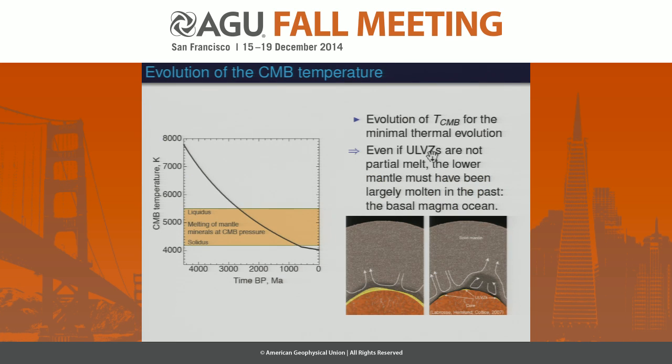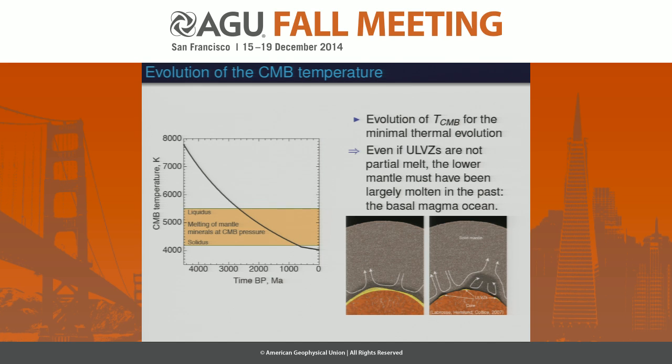And from that, it's possible to compute the evolution of the CMB temperature, and this is the result I get from that. Starting from the present time value of about 4,000, we get a very large amount of cooling. And when you compare that to the range of melting temperature of mantle minerals at the CMB, you see that even though we may not have melt at the present time at the bottom of the mantle